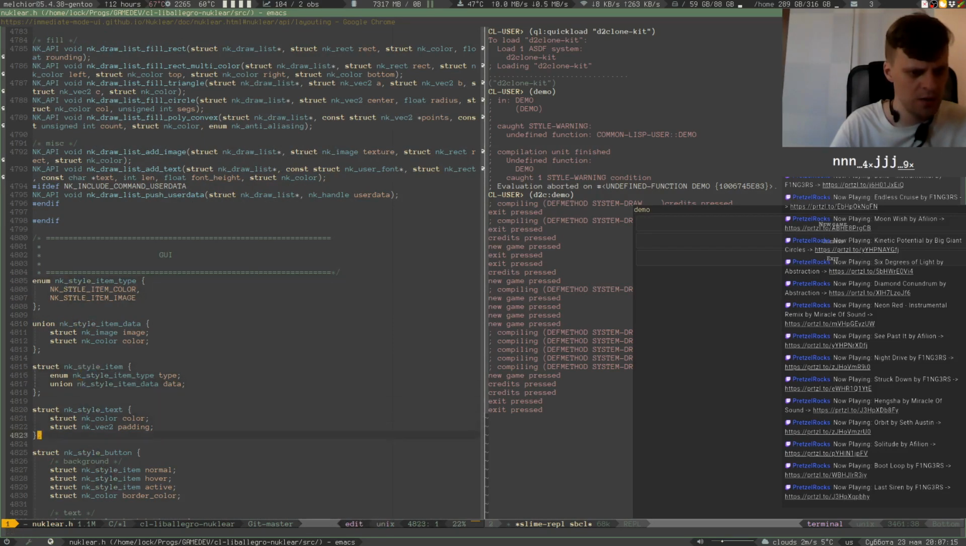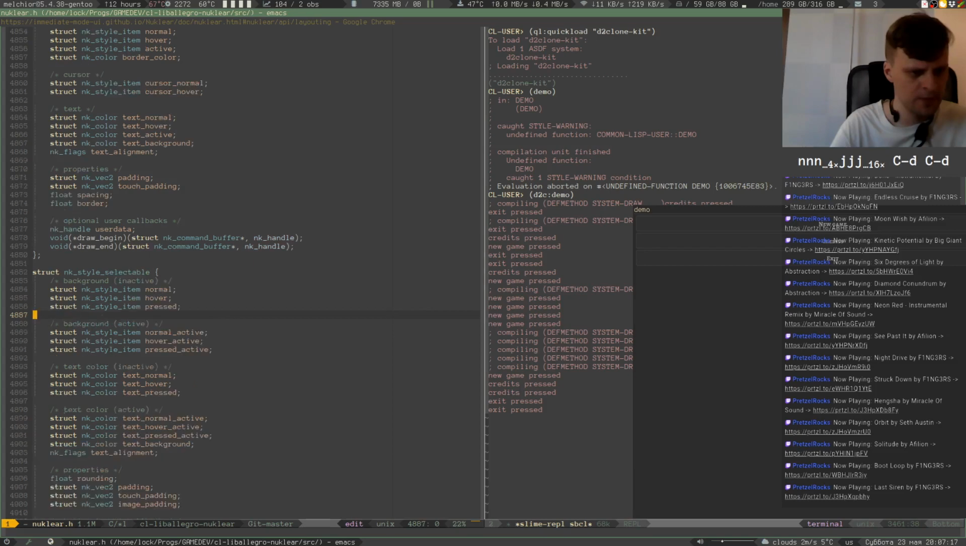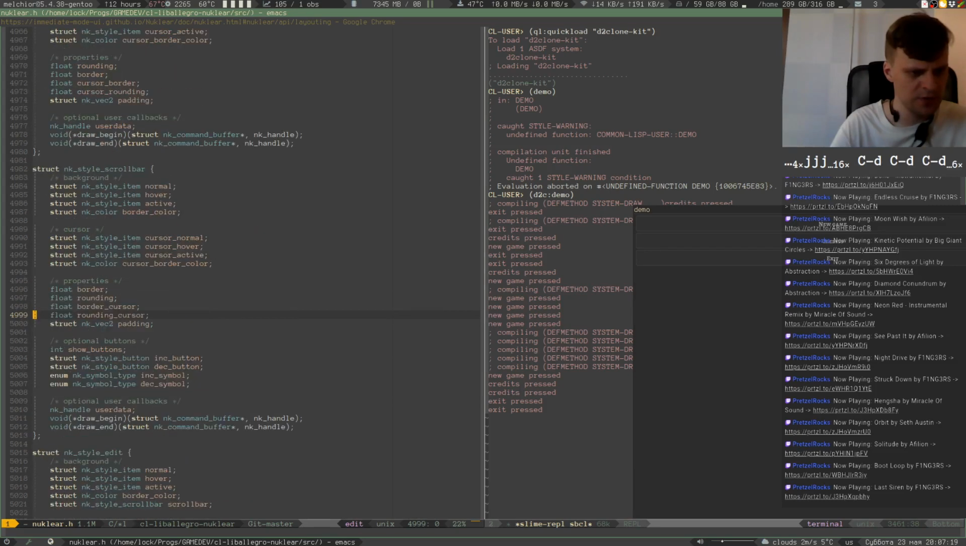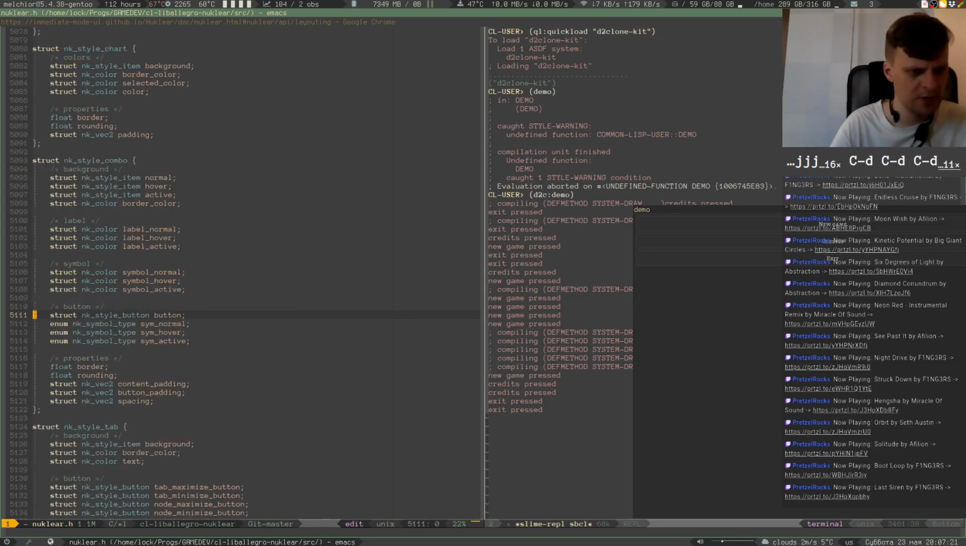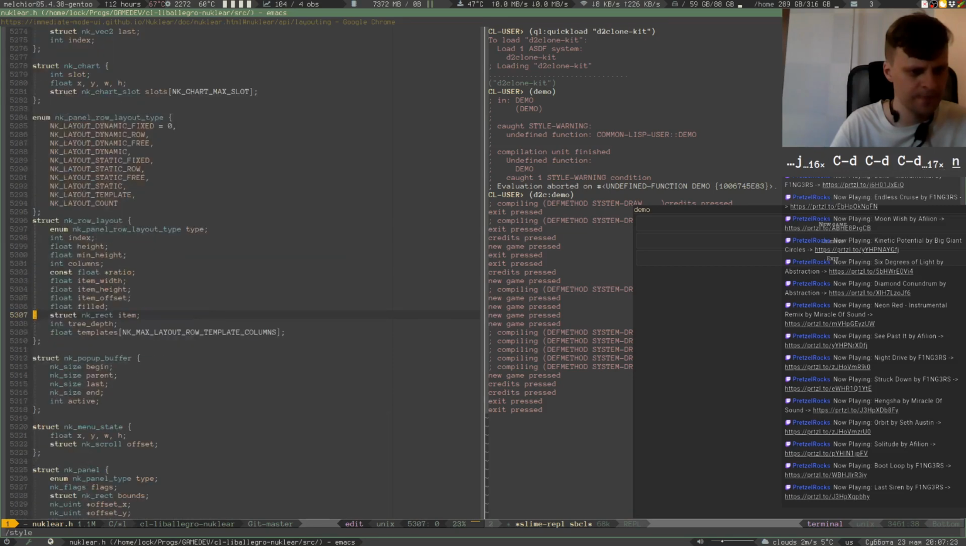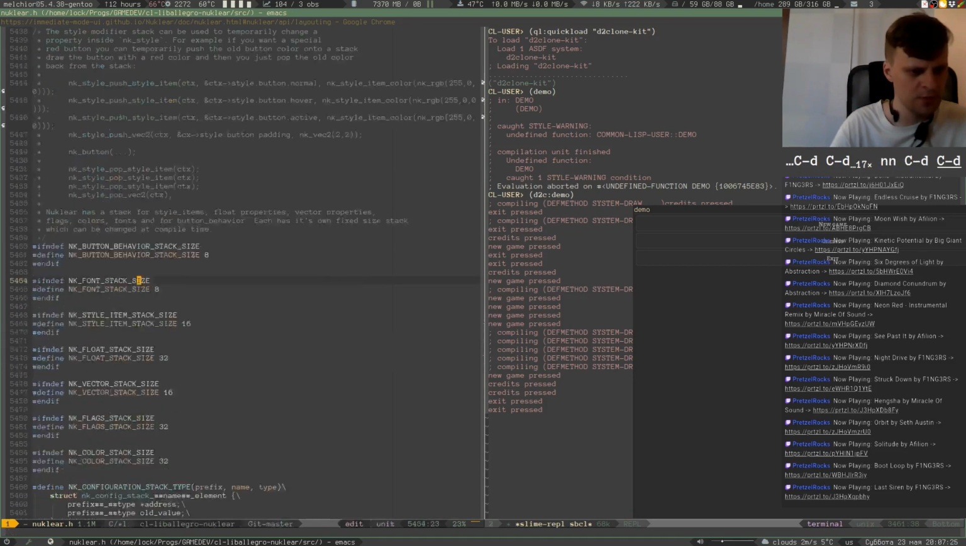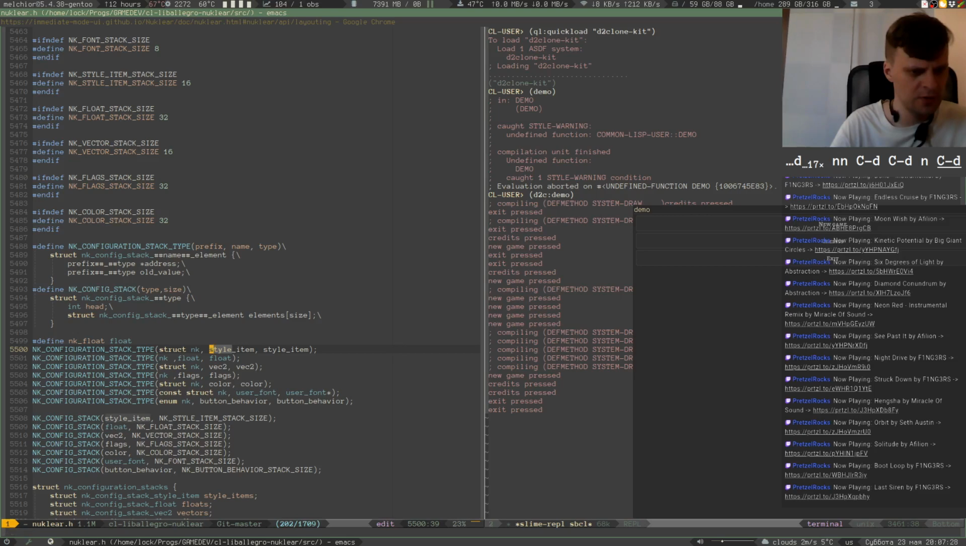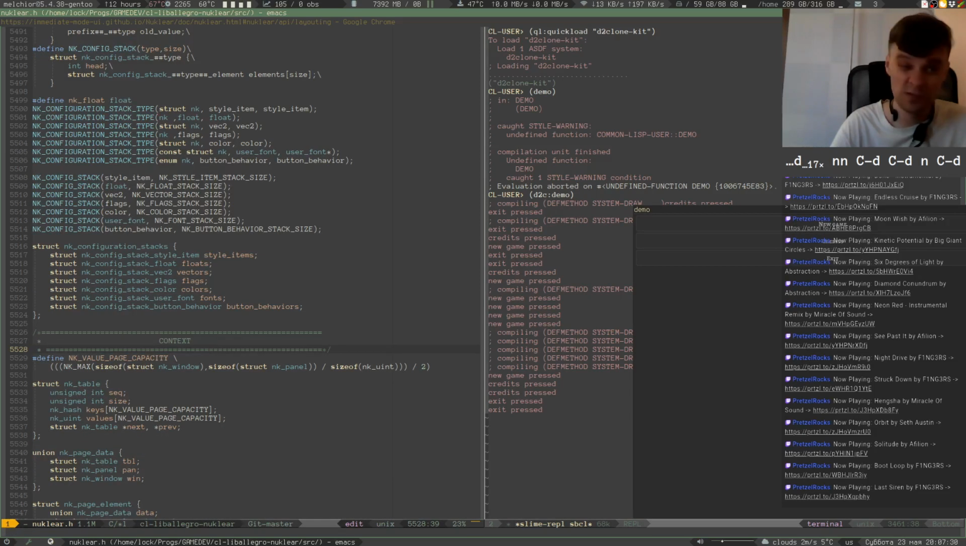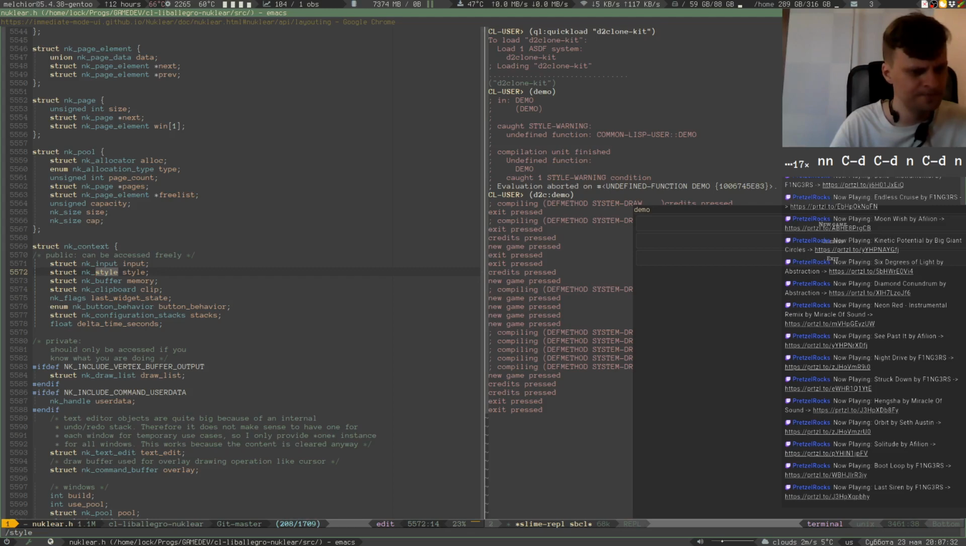GUI. Style toggle, style blah blah blah, style whatever. Style modifier. Oh yeah, here we go. In key context. I should put a mark here. How do I